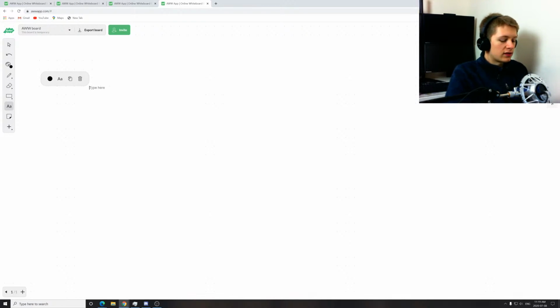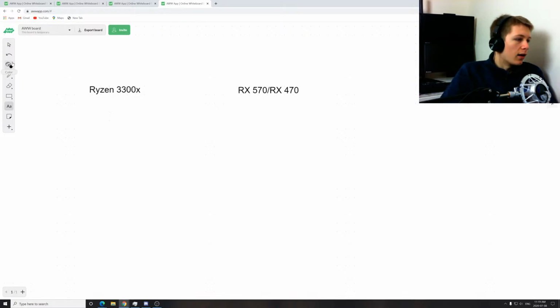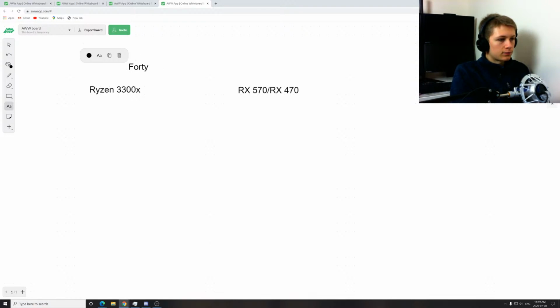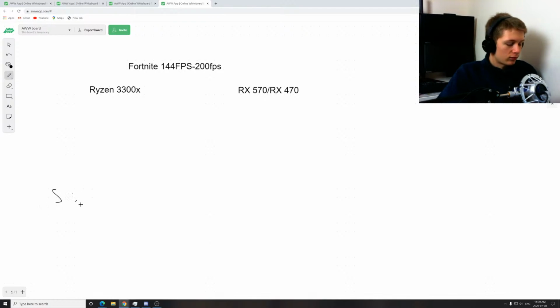If I wanted to run Fortnite at 144 FPS, maybe even close to 200, the build I would go with is the Ryzen 3300X, and I would pair it with something like an RX 570 or RX 470. You don't need a really good GPU for this, a Fortnite 144 to 200 FPS system. By benchmarking Fortnite, I have an understanding that Fortnite is very single core dependent,